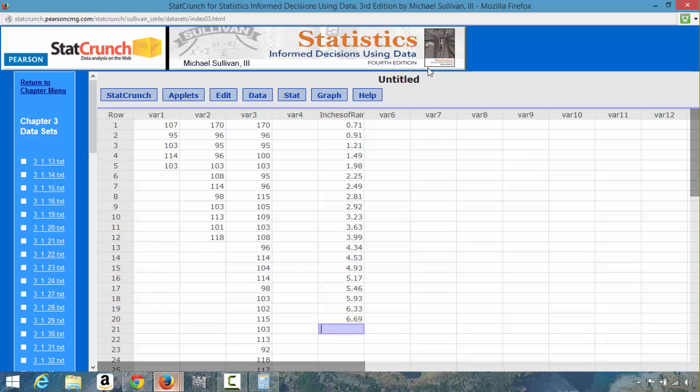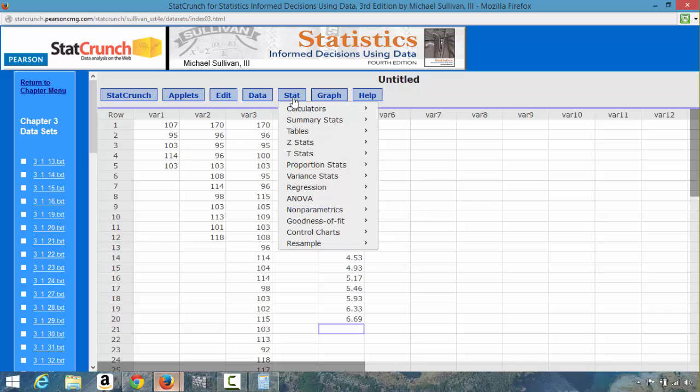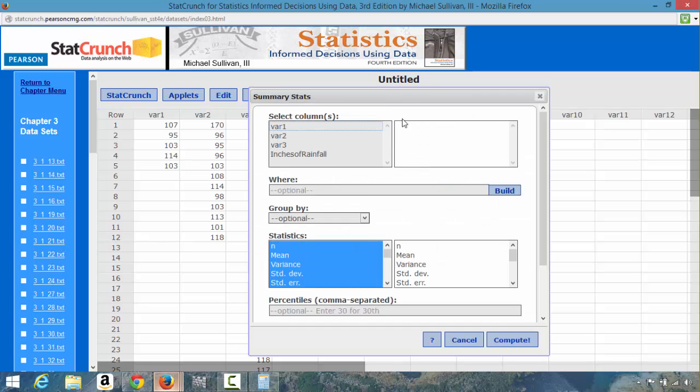All right. So I come here, I go to stats, I go to summary stats, I go to columns,